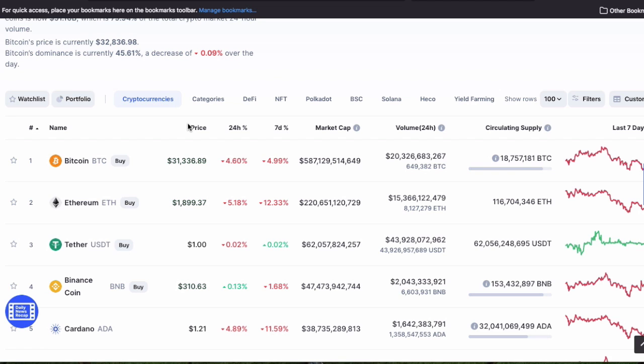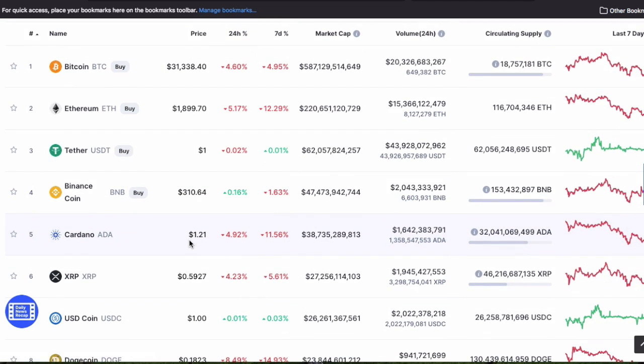So I just gave you suggestions of if you had this amount of money, 100, 500, 1,000, and it's just money that you're willing to spend. If you have more than that, then feel free to dollar cost average today and diversify that portfolio. But don't put all your eggs in one basket today because you never know if it dips tomorrow or the next day. And if the market decides to go up more and all your coins are up by 10, 20, even 50%, then I would not buy in and I would hold and wait for the next dip. And that's the whole point of dollar cost averaging, reducing the impact in your wallet and giving you significant gains in the long term.